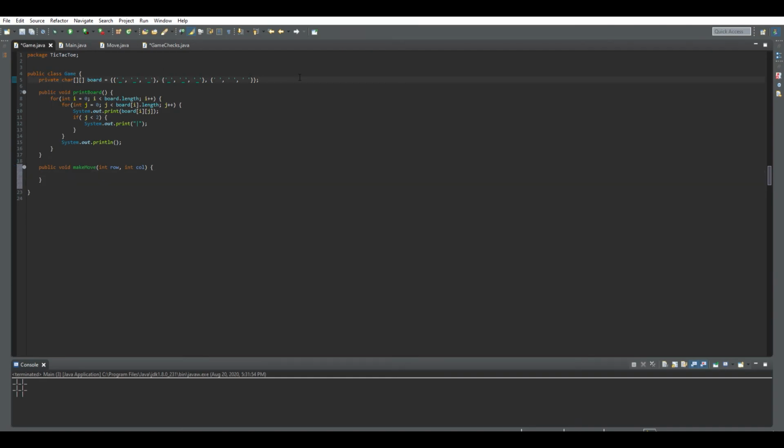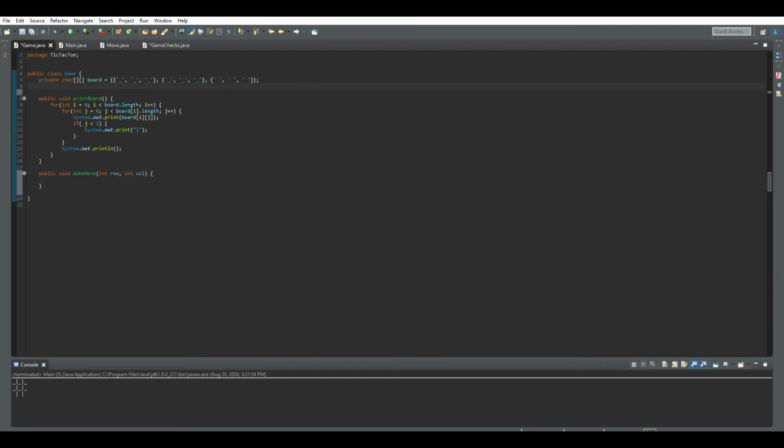Since we're gonna need a method from the game checks class, we're gonna have to instantiate it. So GameChecks, and I'm just gonna call it checks, is equal to new GameChecks. All right, so when we make a move, we're gonna want to take the row and the column that we're gonna want to put the X on, and then